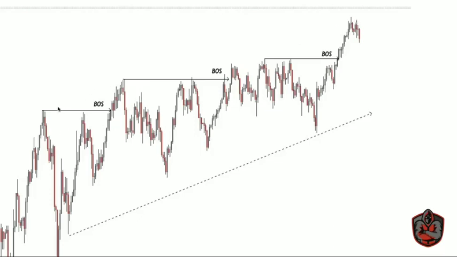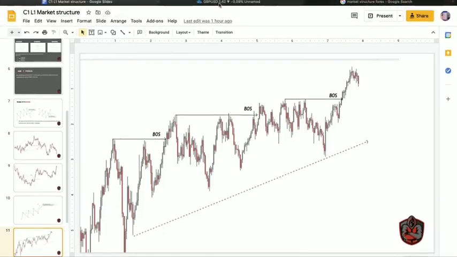So this is just identifying break of structures, which shows continuation in trend. But once price closes below this low over here, that's identified as a break of structure, which signals a trend reversal. So if I just show you guys an example on GU again,